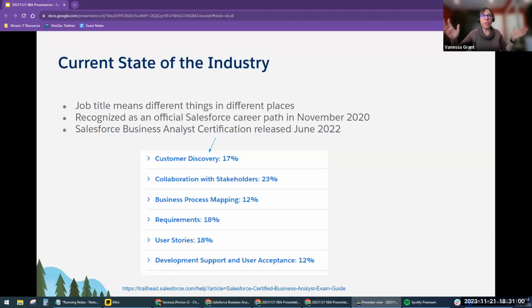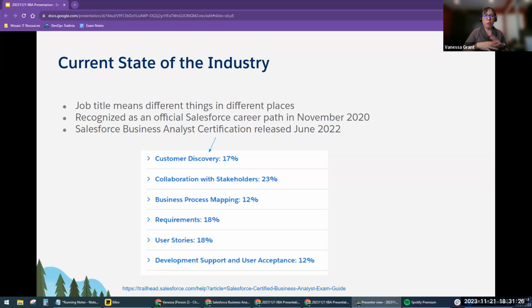I would say business analysis in Salesforce land is a little bit like the Wild Wild West right now. What I mean by that is, business analysis as a practice has existed for a very, very long time. Salesforce, again, has been around since '99, which sounds like a long time ago, but in IT terms, really